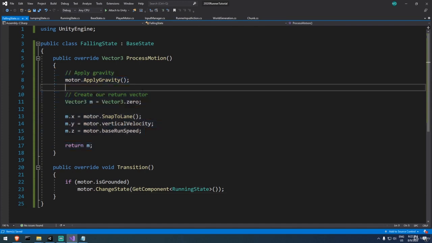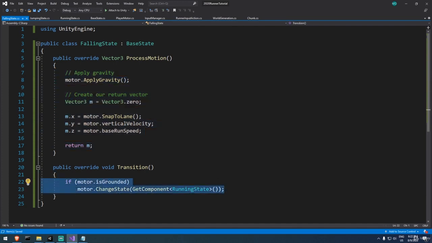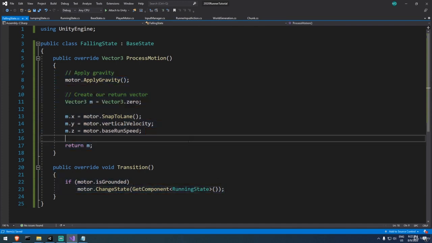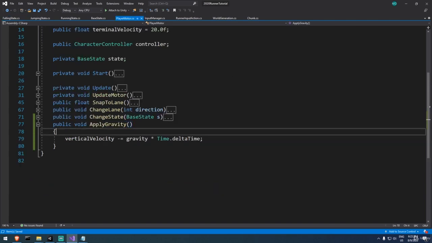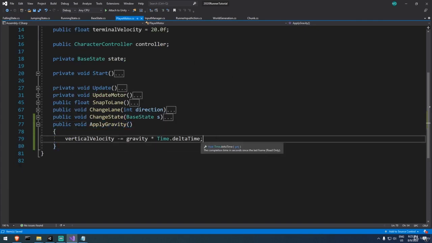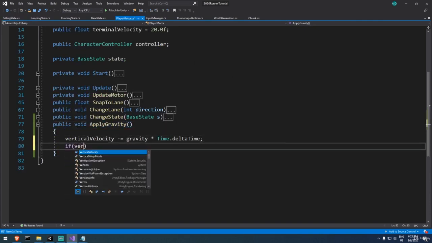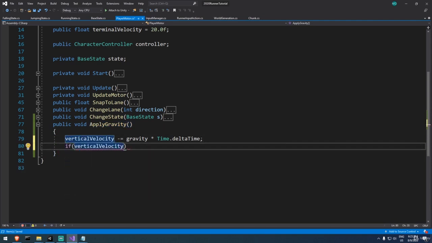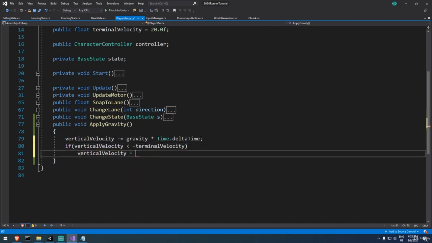Basically copy paste, and we just use a different transition. Really, that's all. Something I've realized that is not going to change much if you forget about it, but let's go ahead and do it. Under gravity, I'd like to clamp this with my terminal velocity. So if vertical velocity is now smaller than the minus terminal velocity, I'm going to say it's equal to it,